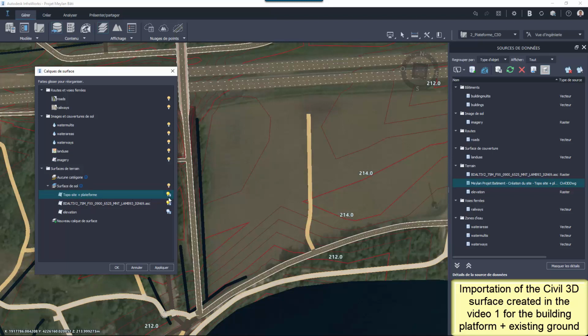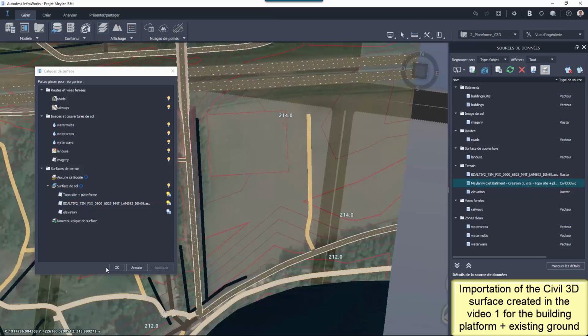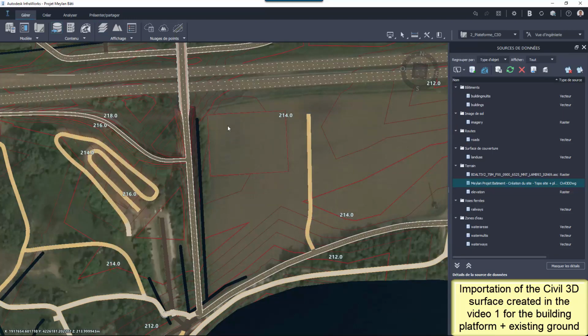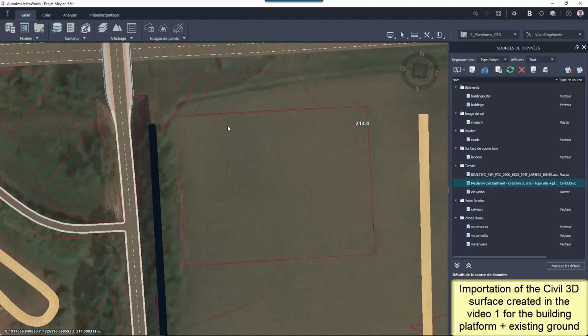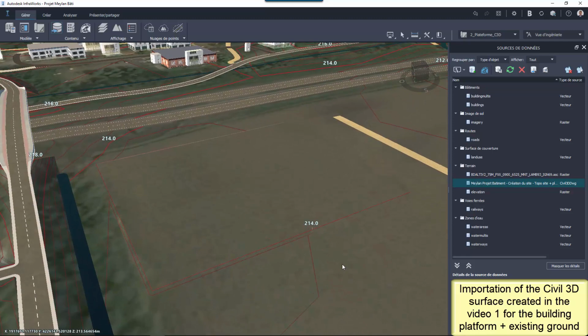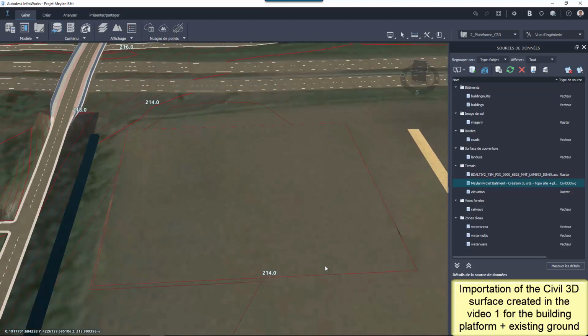InfraWorks will automatically merge those two surfaces, giving the priority to the Civil 3D one. The contours show clearly the shape of the platform and its elevation at 214 meters.